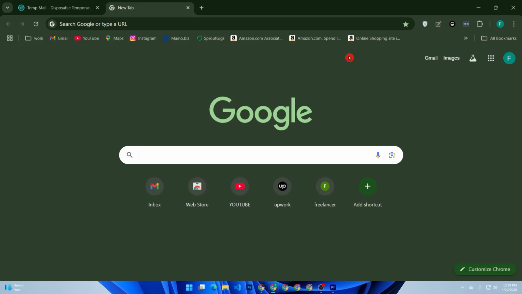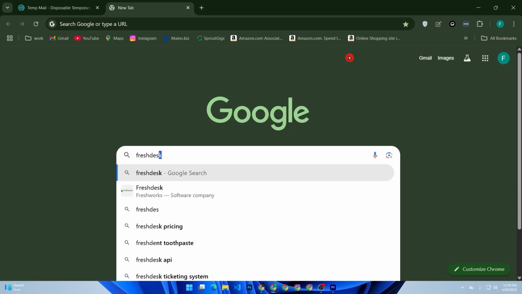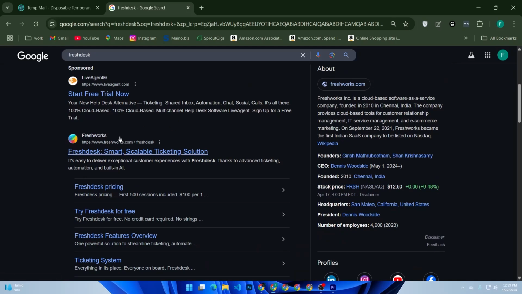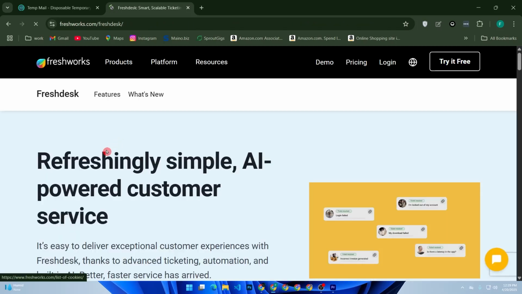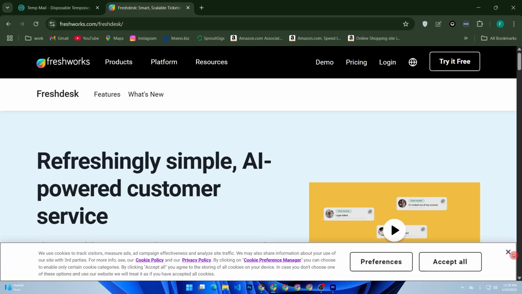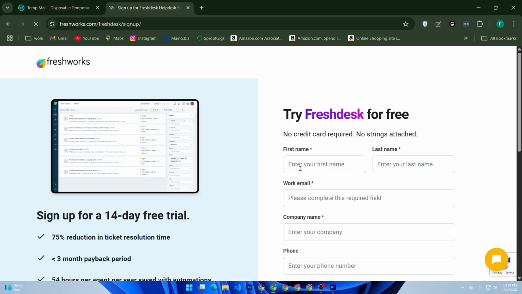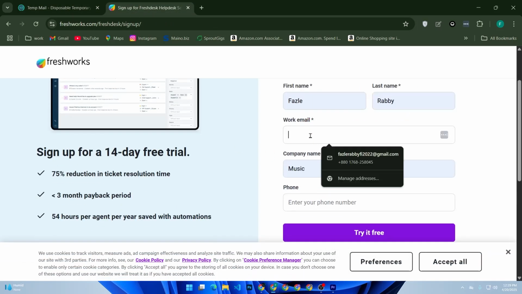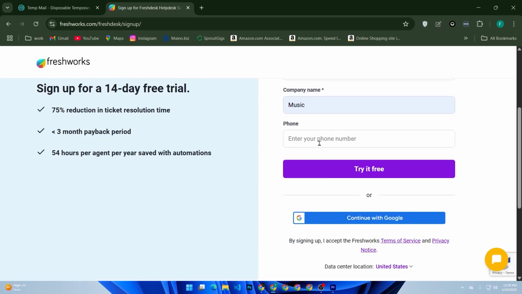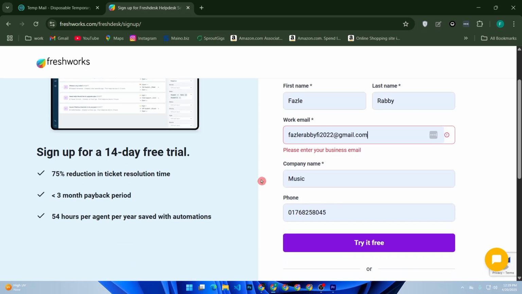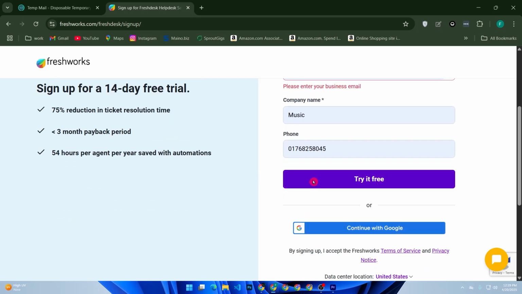Now go to freshdesk.com for a new account. Click try for free. Enter your first and last name, working email, then type your phone number and company name. Then try for free,